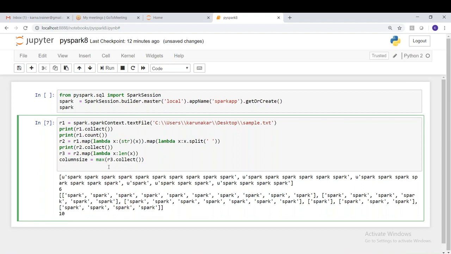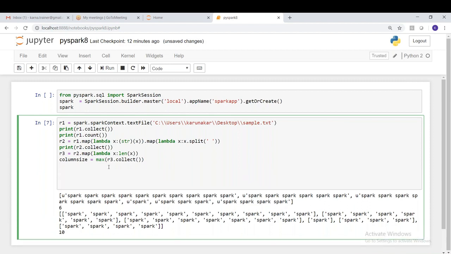Now we have to write. Let's see how we are going to fill up the empty ones with something called no data or something like that. Why? Because we should not calculate this manually, it has to be automated. So it's better to write a function, a user defined function, and apply that function in the transformations of the RDD.